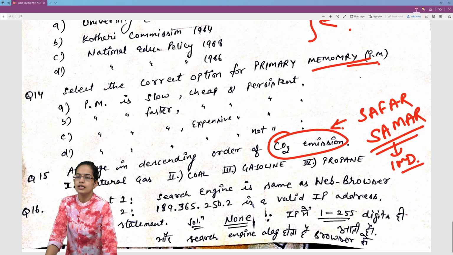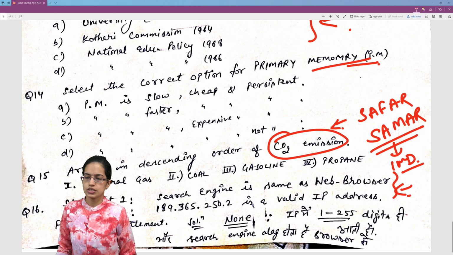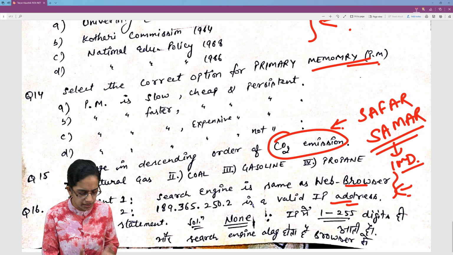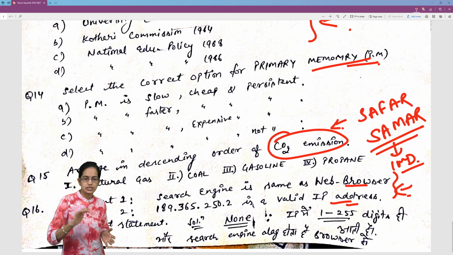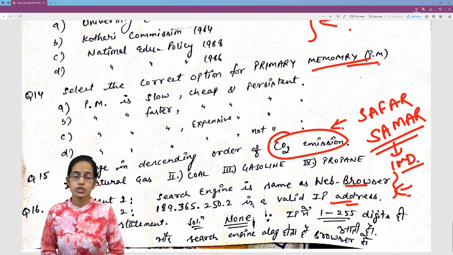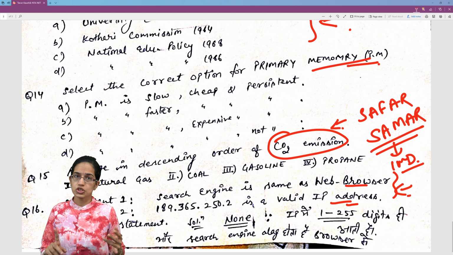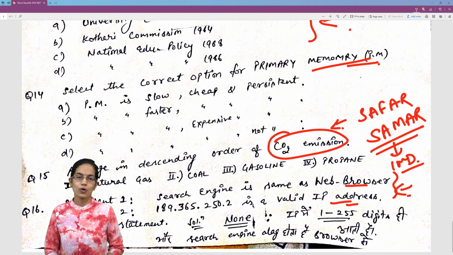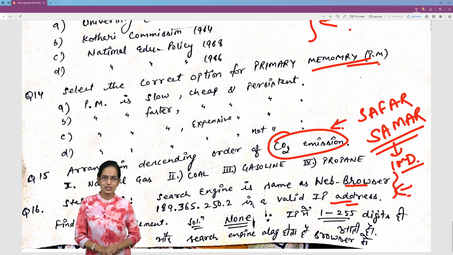Then there were questions related to search engines and what is a web browser, and how do we identify an IP address, so what is a correct IP address, and how do you recognize whether an IP address is correct or not. Those were the kind of simple questions that we have been discussing here, and the standard kind of contemporary questions are always there. Square of opposition, syllogism, moods and figures, Hetvabhasa fallacies, these are some of the topics you should not miss at all.